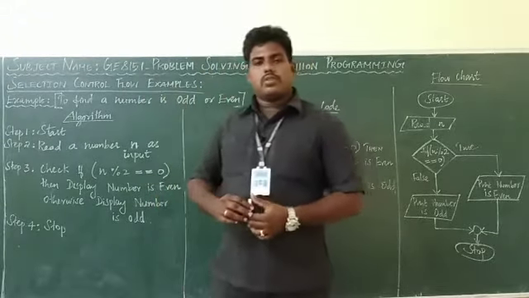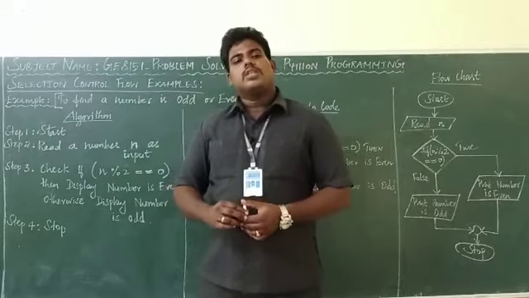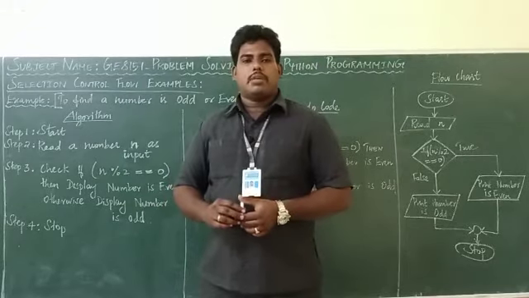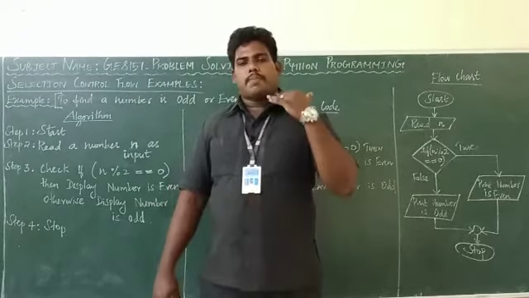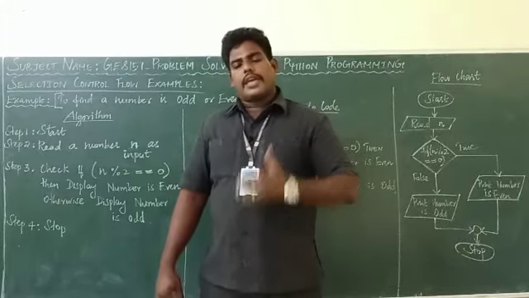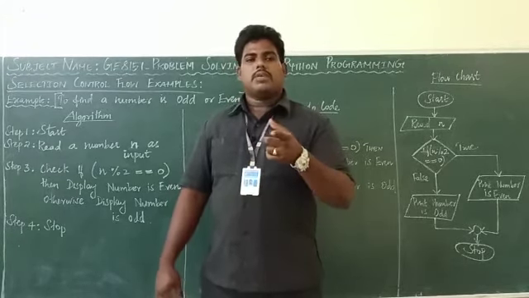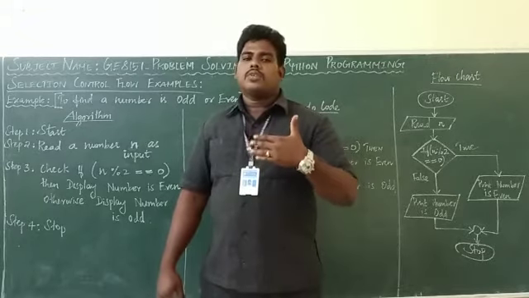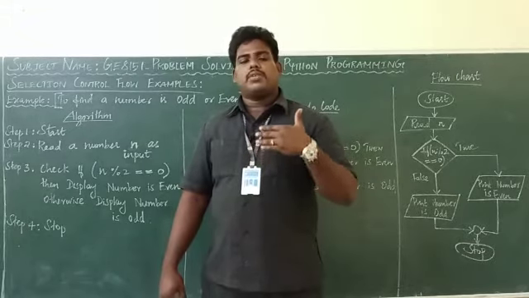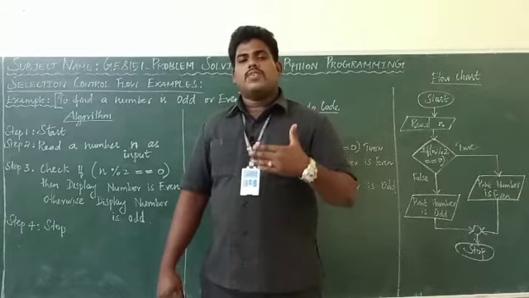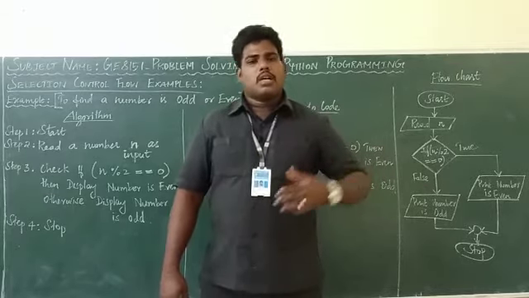In this video session, I am going to explain one example which comes under the topic of selection control flow. What is selection control flow? You studied these things in the building blocks of algorithm, right? Depending upon the condition, the flow of execution will be determined. Control flow is nothing but the order of execution. The order in which the statements are executed is determined by the control flow.